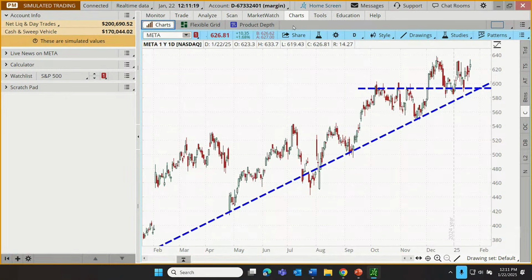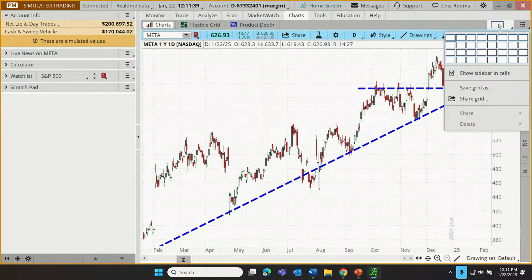And the first thing that a trader might do, yes, they may have separated windows. So maybe we've detached a chart and we moved one over to the side, maybe detached a second, moved that over to another side. Well, sometimes a trader just likes to have access to multiple charts on a single window pane. So how do we do that? Well, we can do that right up here using this little grid icon.